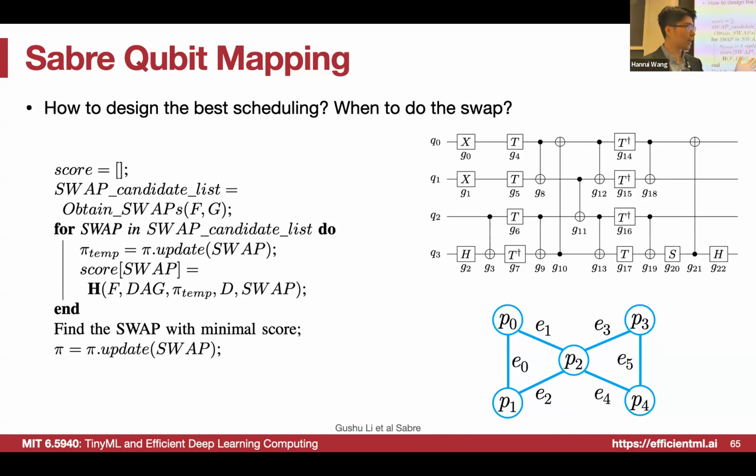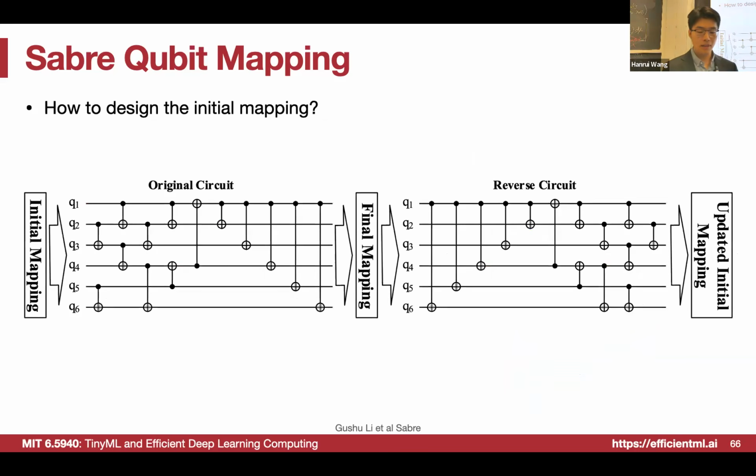But remember that the initial state for this is that we need to do the initial mapping randomly, right? But we found that sometimes the initial mapping will be very important for the overall performance. So here is another follow-up technique to do the initial layout using SABRE. So say I have this initial mapping, right? And then I have this fancy quantum circuit gates. And then I can use the previous way to insert all the swaps. And then we obtain the final mapping, which is where each qubit is on which physical one.